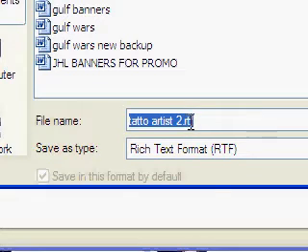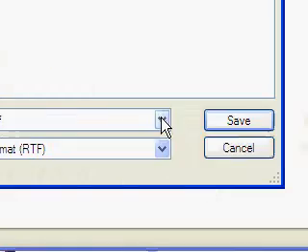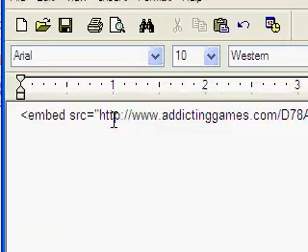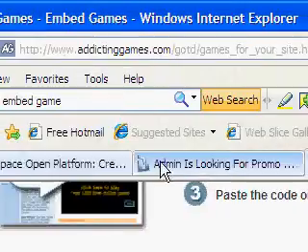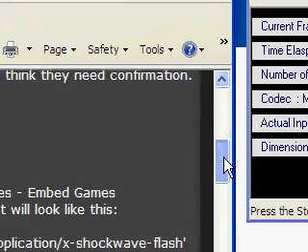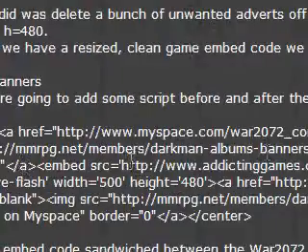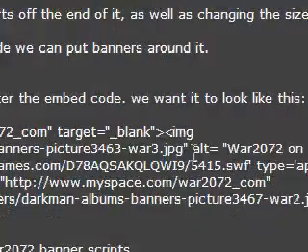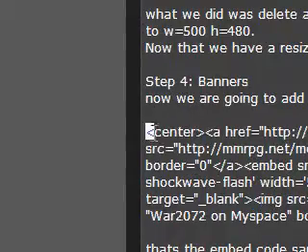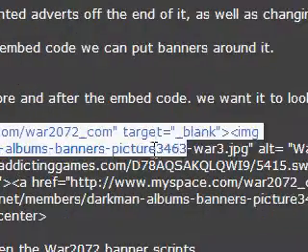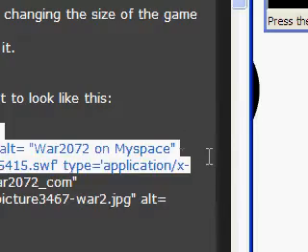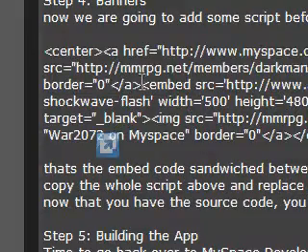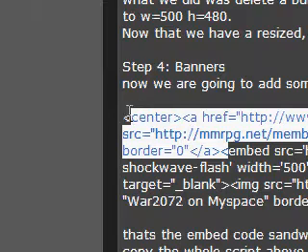And then once you're done with that, let's go ahead and go back to the forum and get the banner codes that you will be needing to use. Basically, this is going to be your top banner right here. Highlight this section. Oops, sorry about that. I'm going to do it from this side. This is going to be your top banner. You're going to copy that, paste it on WordPad,